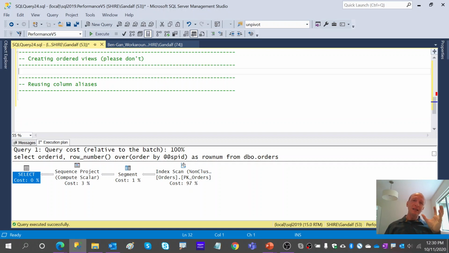But from the language and the model's perspective, a query isn't supposed, at least, to care whether it's querying a base table that we created with a create table statement, or a view that we created with a create view and defined using a query that interacts with some base tables, perhaps.